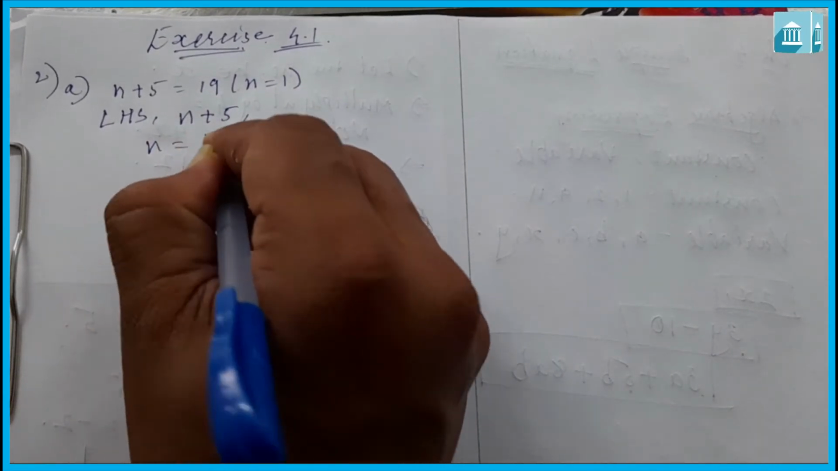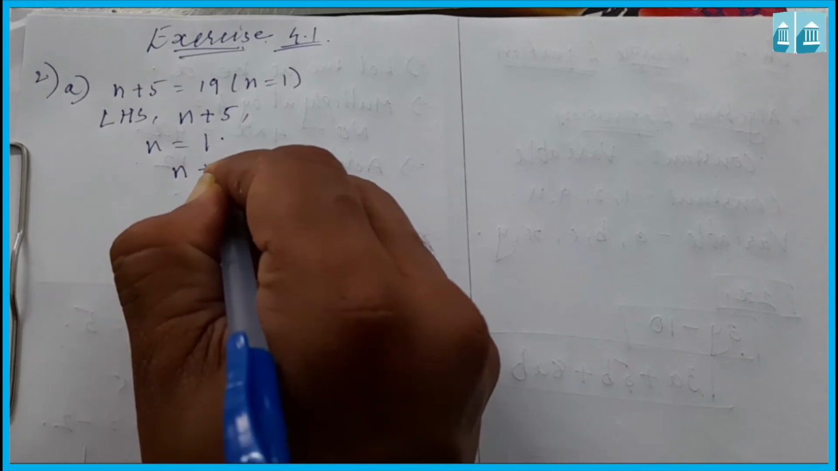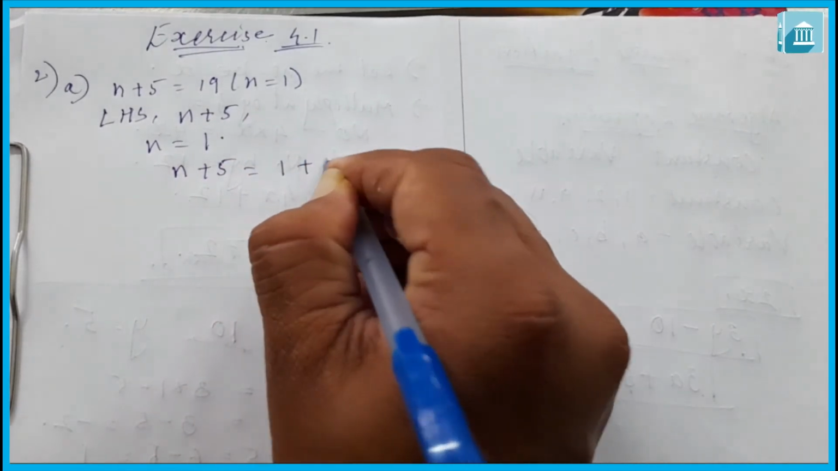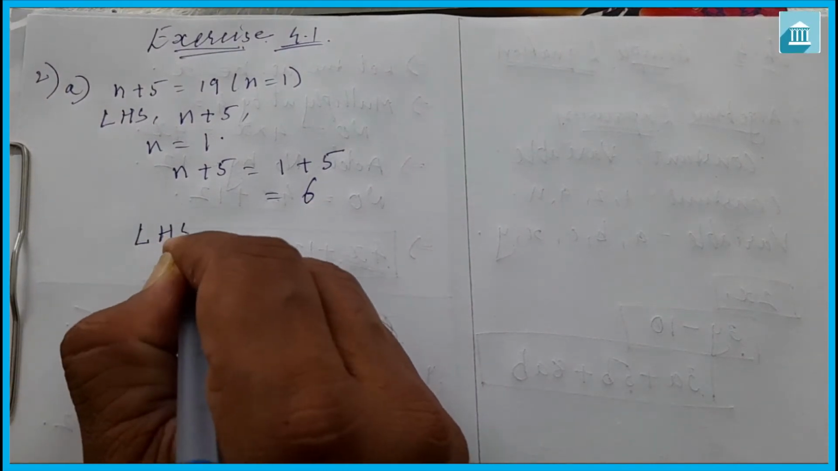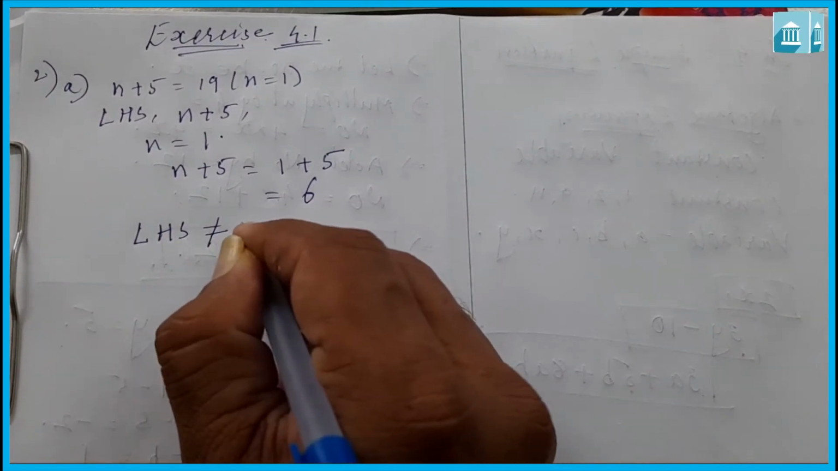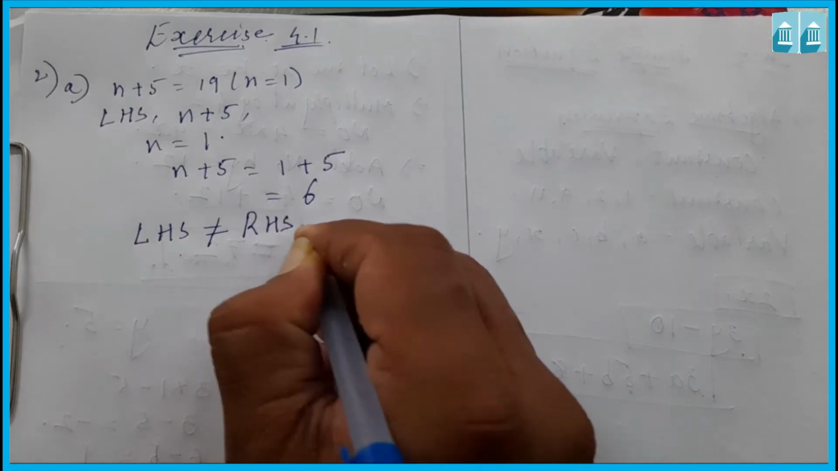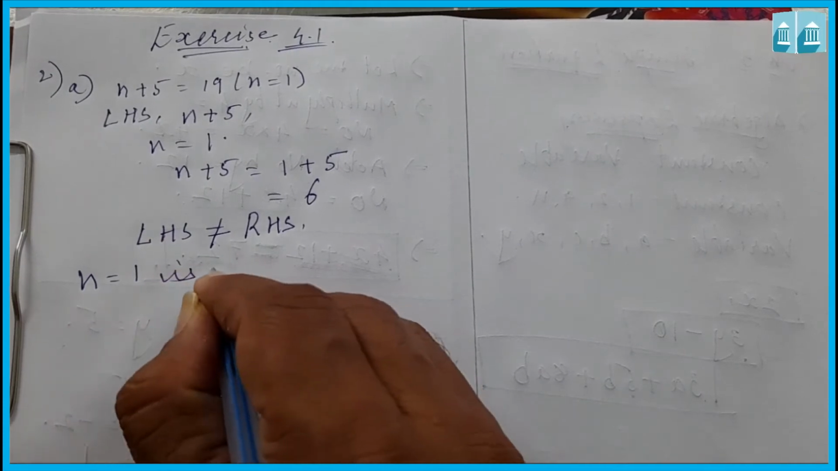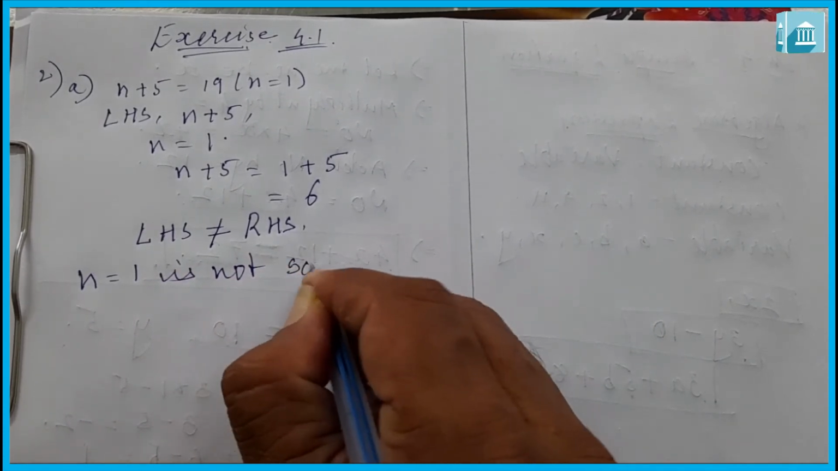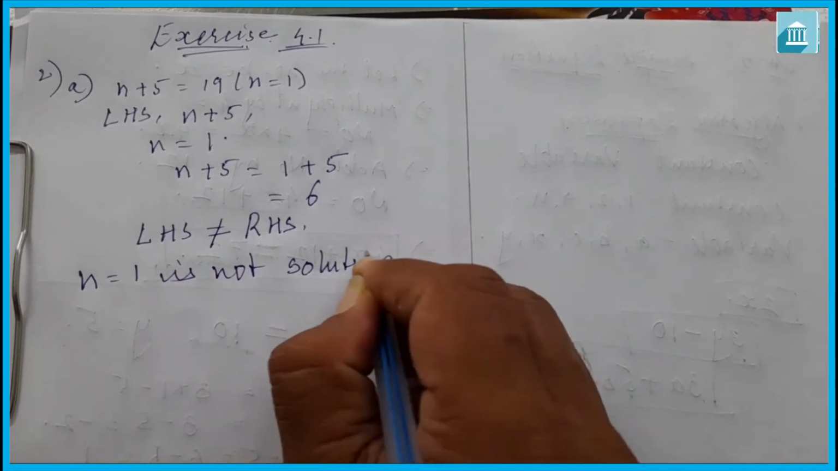Here, given n is equal to 1. So n plus 5 is equal to 1 plus 5, which is equal to 6. Left hand side is not equal to right hand side. So we can say that n is equal to 1 is not a solution